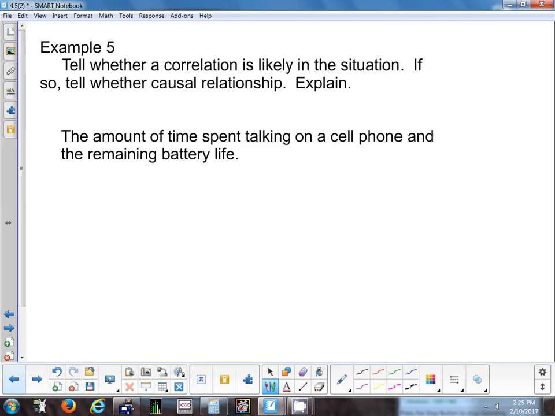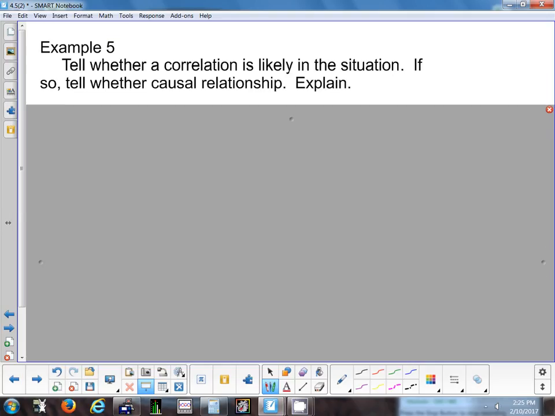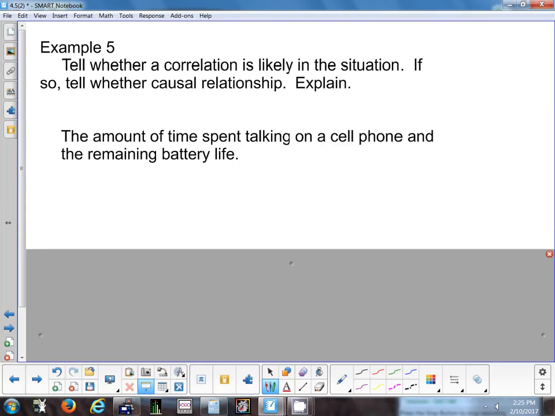Okay, again, I want you to tell me whether there's a correlation, because if there's no correlation, you don't even have to worry about the next step. First, tell me if you think there's a correlation, and then whether or not it's causal. So the amount of time spent talking on a cell phone versus battery life left in the phone. Do you think that there is a connection, some kind of relationship between how much you talk on the phone and how much battery life is left? Yeah, what do you think happens? The longer you're on the phone,